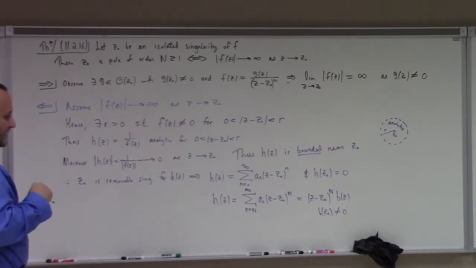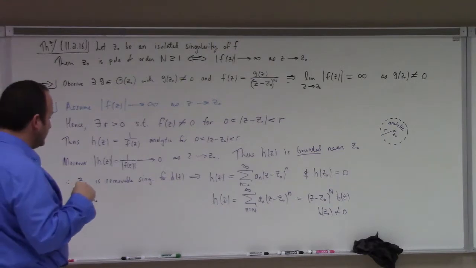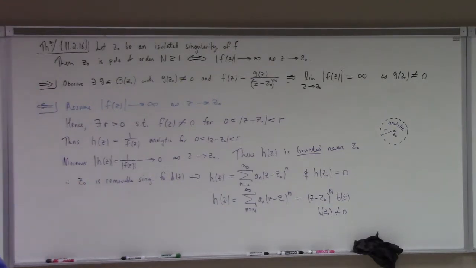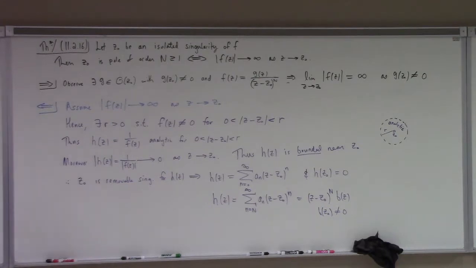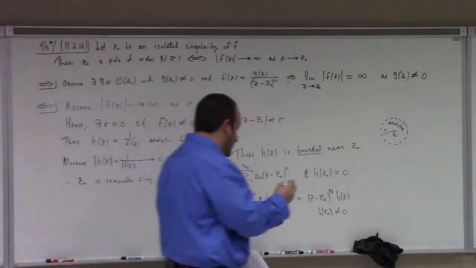Of course, that's assuming what? That h of z is not identically 0 near z naught. Why do we know h of z is not identically 0 near z naught? I think it goes back to the construction of h of z being analytic back here. You can't have that be 0 everywhere near z naught and still have h of z equal to 1 over f of z, where f of z is as advertised here. Okay, anyway, getting to the point. Therefore,